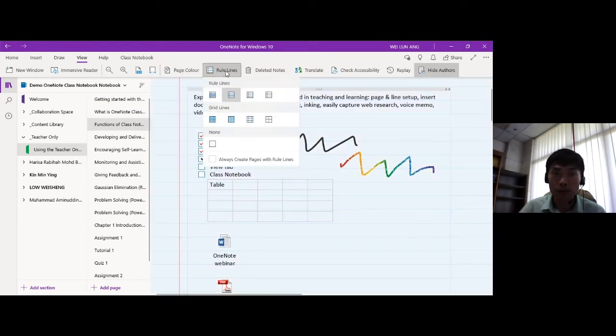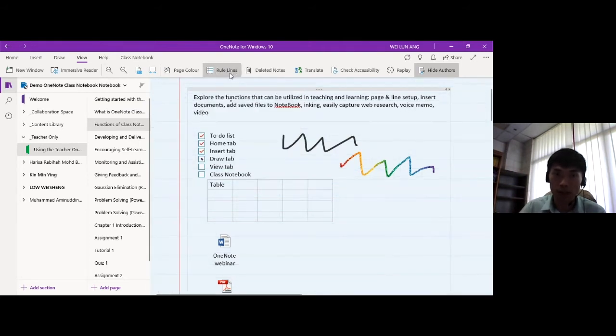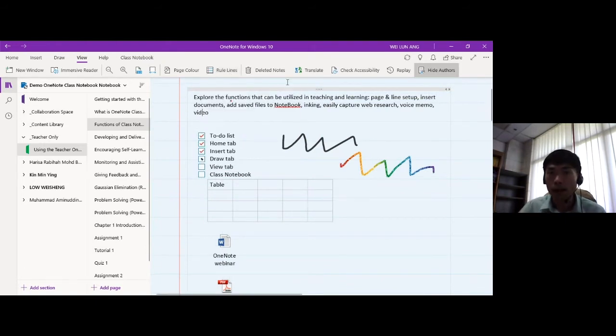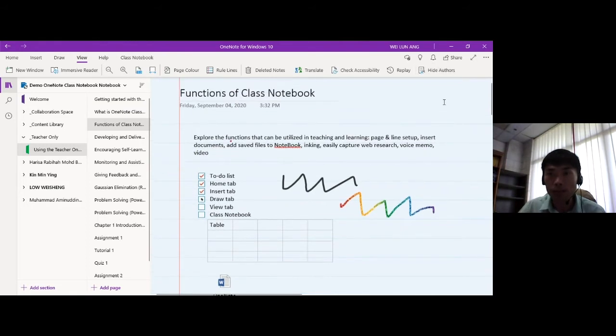And then you have the rule lines. You can have grid lines, or you can have horizontal rule lines. It depends on your preference. And then I think the function of hide authors here. For all the text that we type in, if we switch on this function, let me see, the collaboration space.